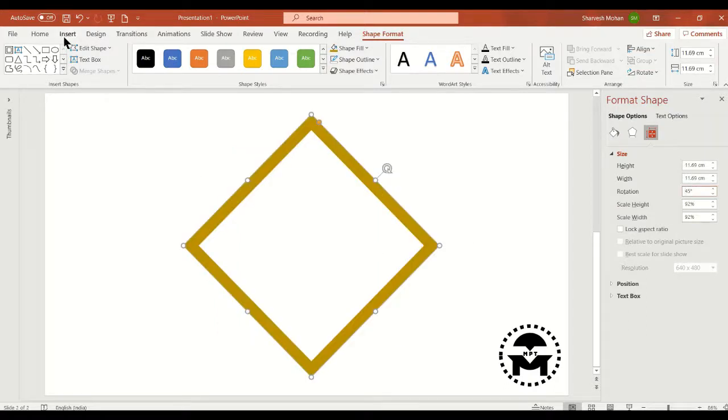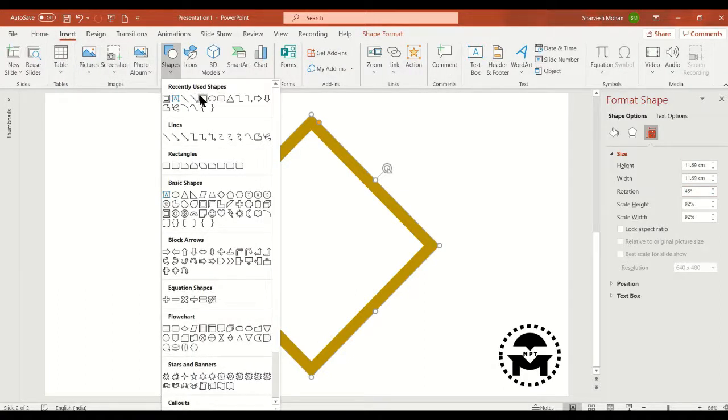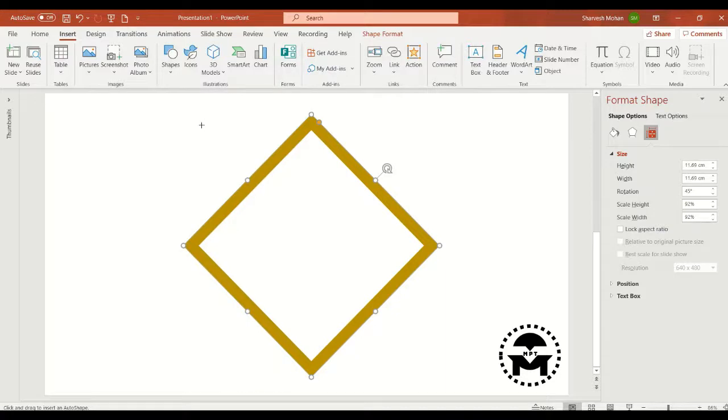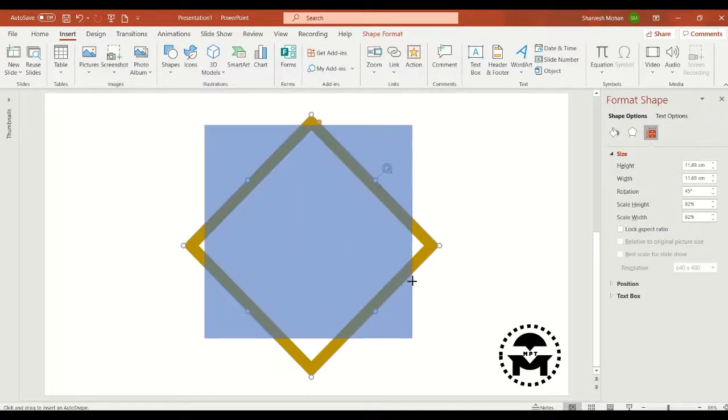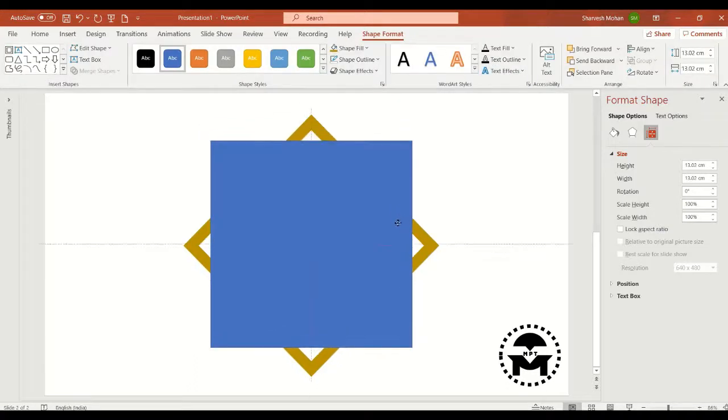Again go to insert, shapes, select a rectangle, hold the shift button and draw a square like this. Select and no outline.